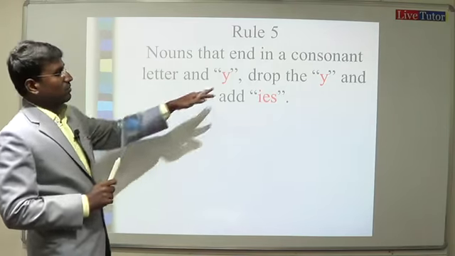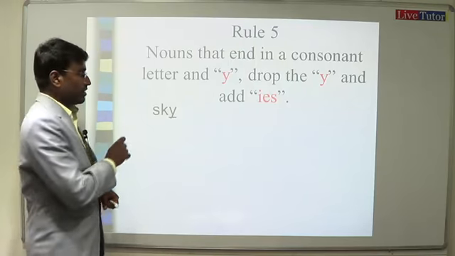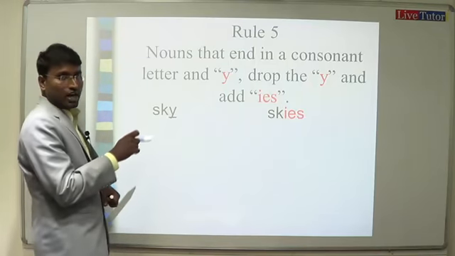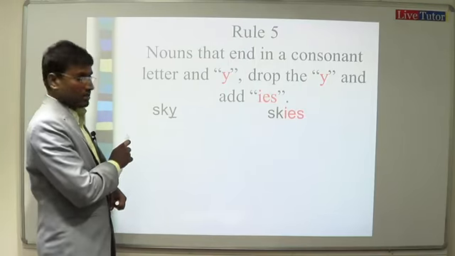Let's see the words. Sky, for example. See, it ends with a consonant letter called Y. Becomes skies. IES, adding S. Then puppy becomes puppies. Donkey,